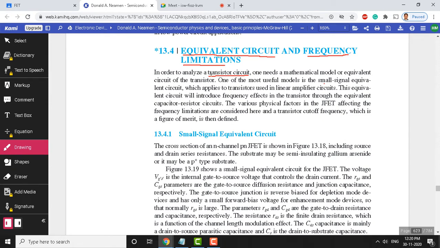So, here in order to understand or analyze, study the transistor based circuit, one needs to have a mathematical model. So, what do we mean by mathematical model? A model which is constructed. Model means it is an alternative circuit representation, alternate device representation. So, that is called as a model, and it is based on mathematics. That is why this model is called a mathematical model. So, we are going to develop a mathematical model for a transistor, which becomes easy for us to analyze circuits which are built upon the transistor. When we say transistor, it is both BJT and FET. It is applicable for both.